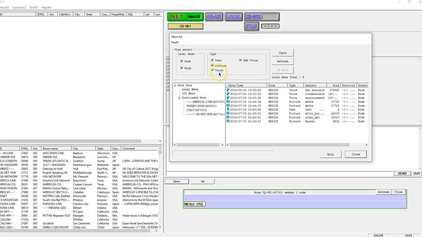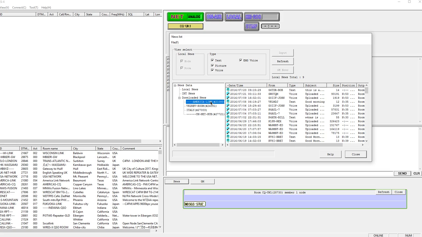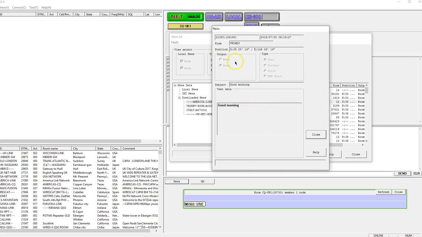But type text, pictures and voice. So when you go to a room like the American link, you can download their news to your newsroom in your gateway or repeater, or indeed private node. To access the information there, if you double click there, you'll see it'll show you who it came from, the day it was sent, the time, the position of the person who sent the message, which is